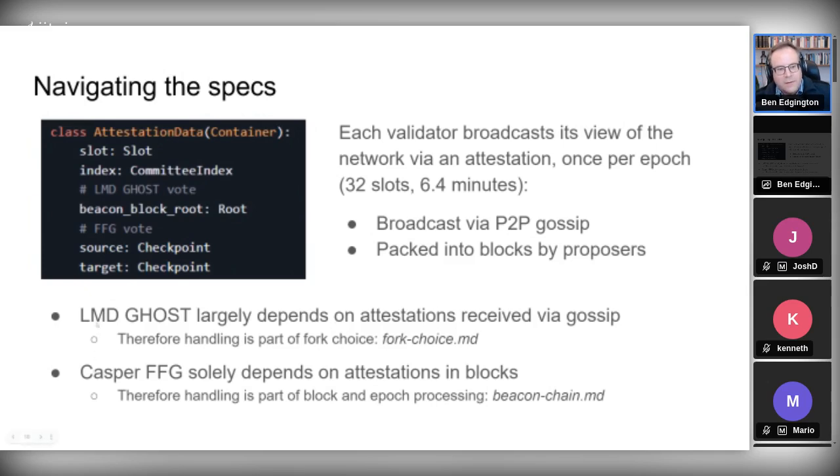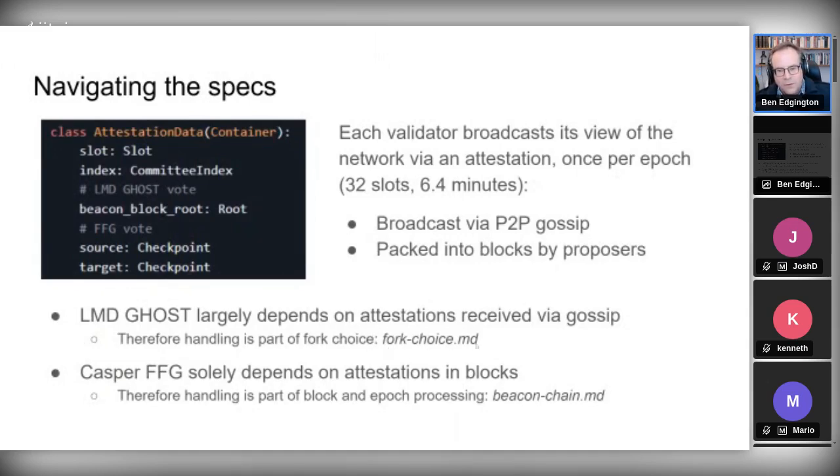And the two consensus mechanisms that we have, LMD GHOST and Casper FFG, operate on different timescales and via different mechanisms, mostly. LMD GHOST largely depends on attestations received via gossip. It's a kind of real-time protocol. It has to make quick decisions on the order of seconds and doesn't have time to wait for attestations to get into blocks. So in the specs, this occupies its own